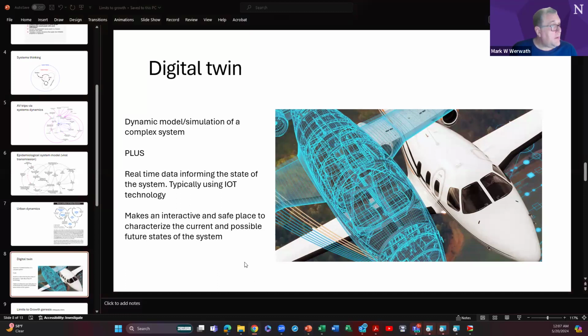Basically, we have the ability to model complex systems in real time, not just on historical data, but on real-time data. The real-time data informs the model and adjusts it in real time, and can proactively create a feed-forward loop that says, okay, if you've got a digital twin of an airplane on the ground, could you use that digital twin to actually fly the plane that's in the air?